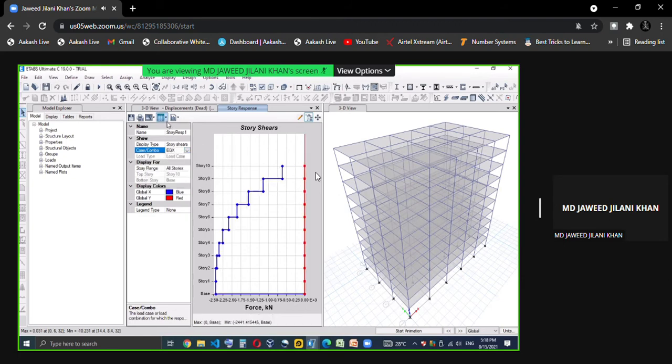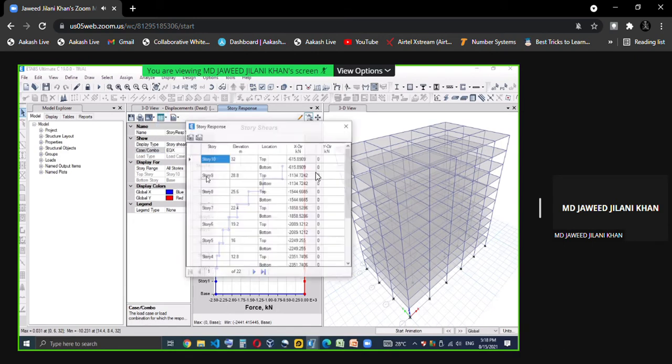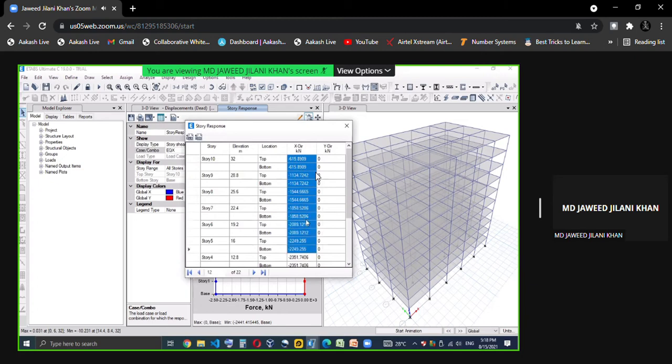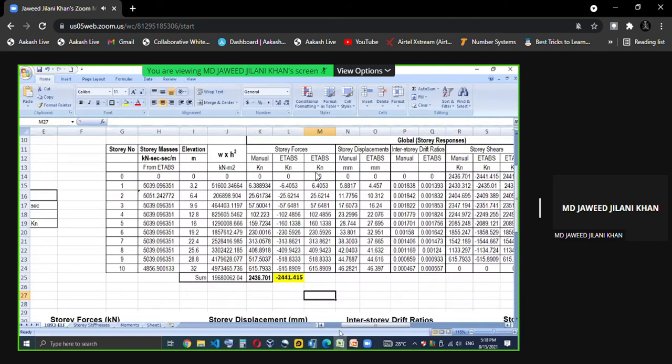Now let me format it. I'll copy this. Say here, 10th story how much? 615. 9th story 1134, 1544. Bottommost story 244. So this is the share which I got from ETABS, and how each story has got it.